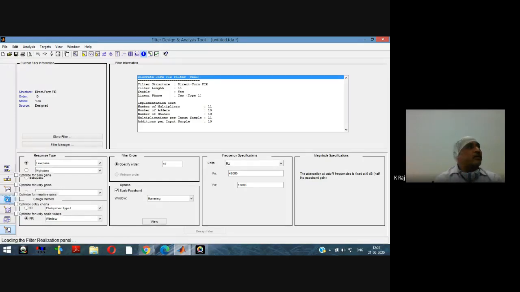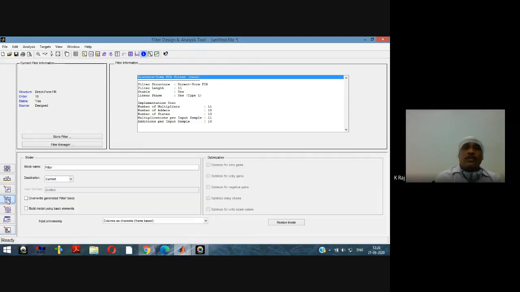Now suppose we are interested in seeing the architecture of our designed filter. For that purpose, we have to select realize the model, and then input processing.